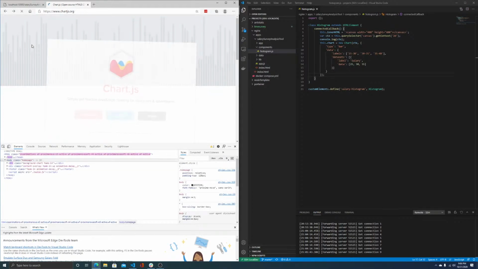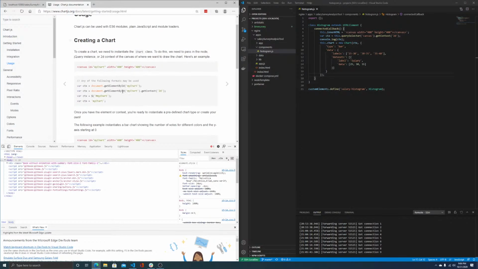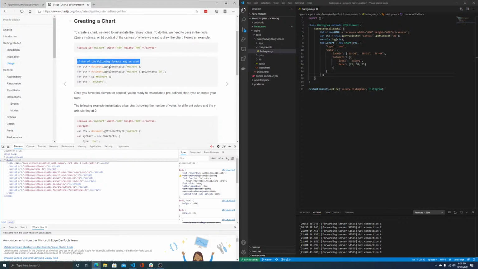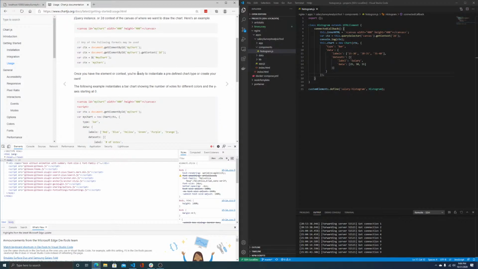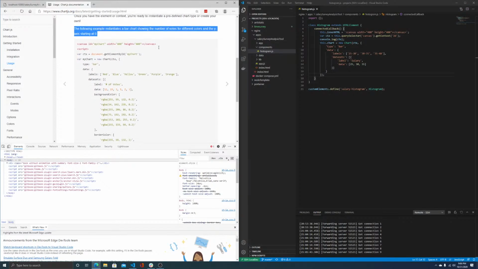Let's see if we can go back and find a simpler, oops, not that one. Get started. Usage. Any of the following formats may be used. Once you have the element or context, you're ready to instantiate a predefined chart type or create your own. The following example instantiates a bar chart showing the number of votes. So ctx document.getElementById,